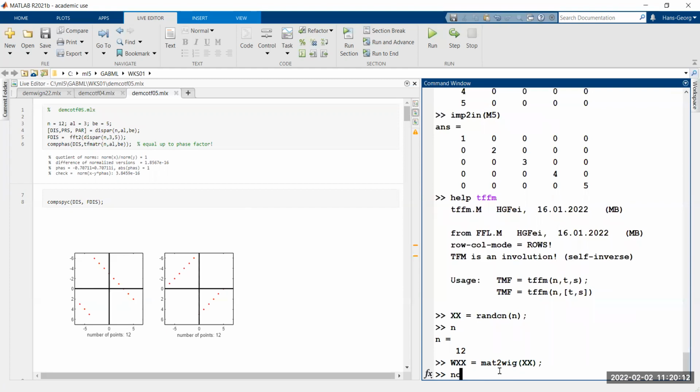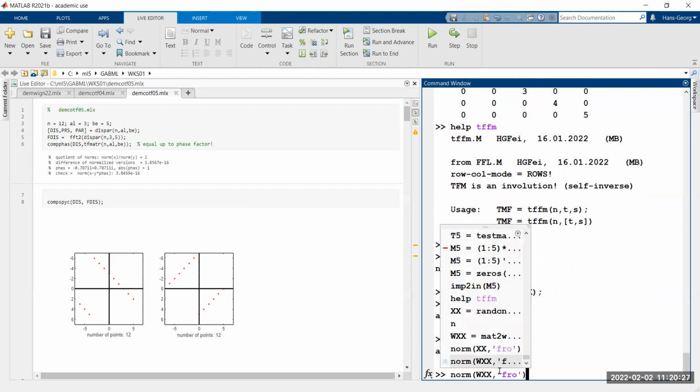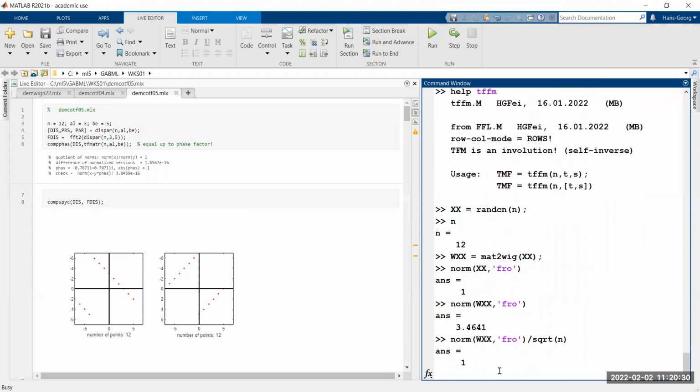And I look at the Frobenius norm, which is just the sum of the Euclidean norm of these n squared pixels. And if I do the same thing for the Wigner, I see what's going on. It's normalized such that it's 1 if I divide by the square root of 12. This has to do with the Fourier transform being along the antidiagonals, and they have lengths n. And what I found, which took me quite a while, is that if I show you the code,